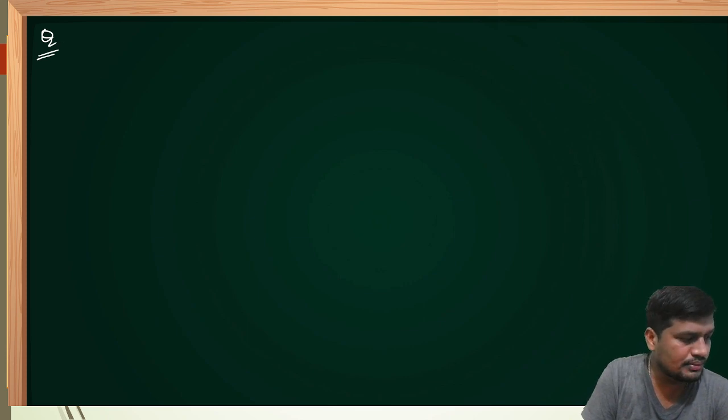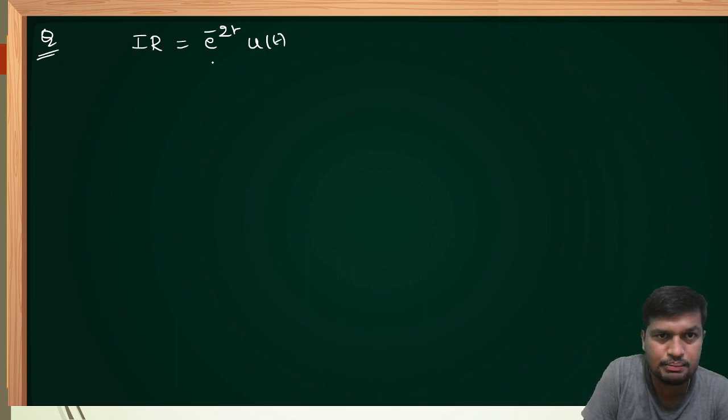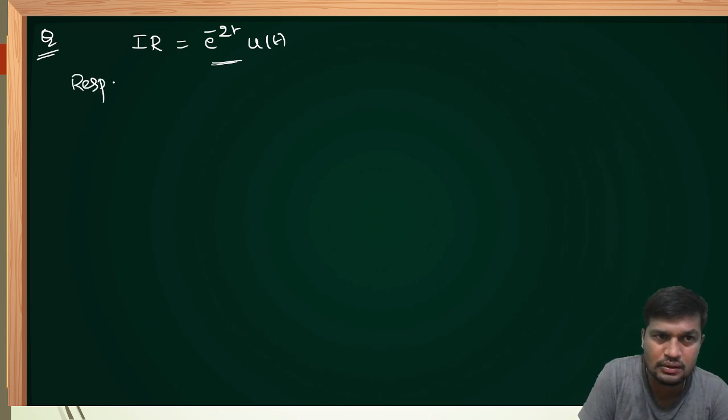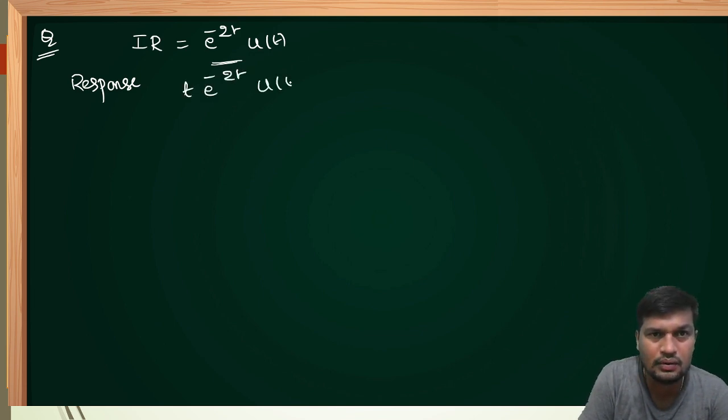Another question. The impulse response of a linear relaxed system is given as e power minus 2t into u of t. This is the impulse response of the linear relaxed system. To produce a response, meaning output, another name for output is response, to produce a response of t into e power minus 2t into u of t, the input must be equal to